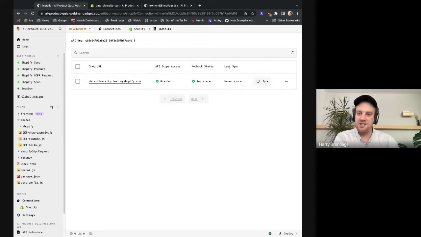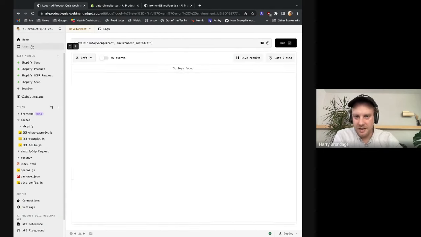And then I haven't yet synced my Shopify data. What that means is Gadget stores a copy of the Shopify data in your Gadget app's database. And we'll get to why that's super important in a minute, but the main use case for that is just dodging the Shopify rate limits, where they're super restrictive on how often you're able to make calls to them. And so syncing the data out allows you to call it and query it as frequently and as strangely as you might want. So I'm just going to click the sync button here,